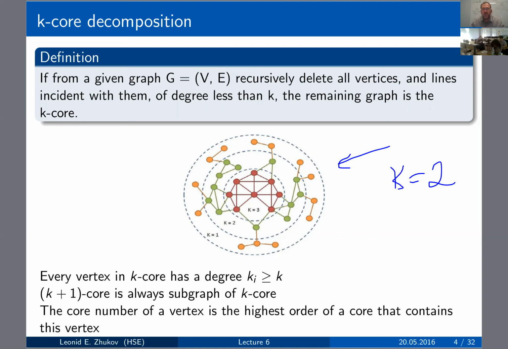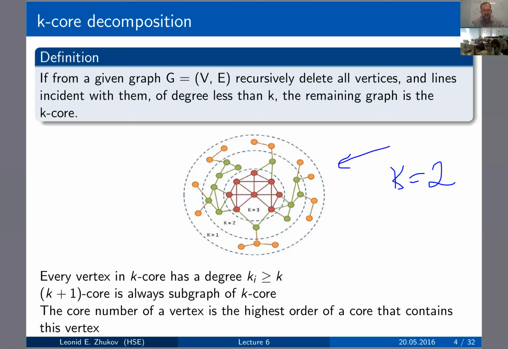To get it, we need to delete all the vertices of degree less than k. So all the vertices of degree less than 2, which means the degree of the vertex is 1. So delete all the vertices of degree 1